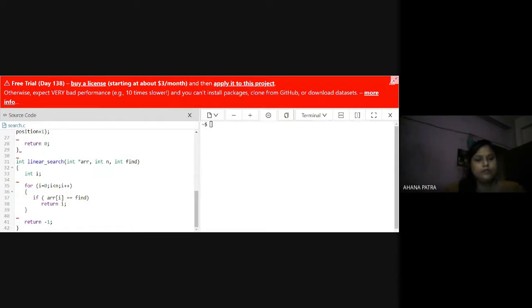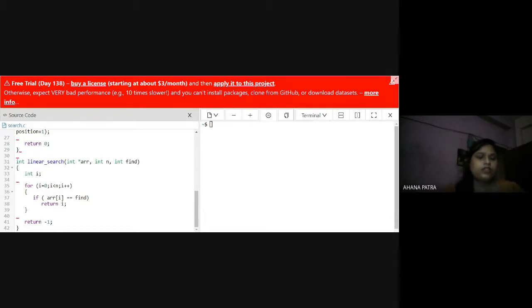If not, it does not enter this statement. It only increases the i value, so i comes to 1, and it checks arr[1]. That means the second position of the array is compared with the value of find. If it is equal, then it returns i.